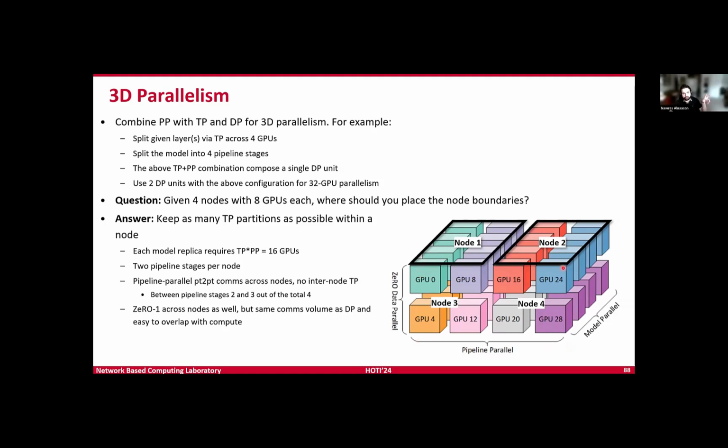Now, we see that the model does fit in these two nodes with model and pipeline parallelism. Then we can do data parallelism, and that is, let's replicate the model across the remaining nodes, right? So now we have 2 model replicas, but for each replica, we have model parallelism and we have pipeline parallelism. And hence the name 3D parallelism. We're using all of these techniques together. Keep in mind, for example, pipeline uses point-to-point communication, tensor parallelism uses all-reduce, and data parallelism uses all-gather and reduce-scatter. So there are a lot of things happening in the backend and in the communication runtime.